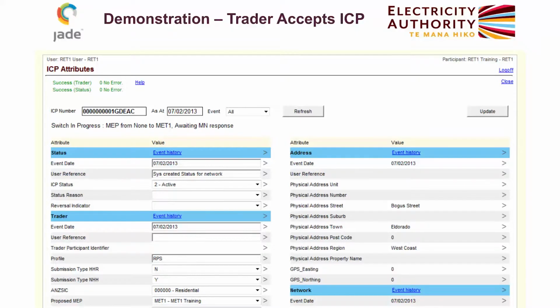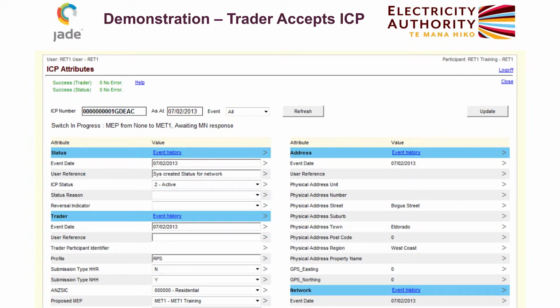Now, in this particular module, we're just going to cover the initial ICP assignment. Everyone's covered all that. And the way that that's done is that the retailer has to log on. So what you have to do in the forthcoming exercise is log on as the proposed retailer, and you have to remember whether you're supposed to be RET 1 or RET 2. So you'll log on to the registry as that retailer,